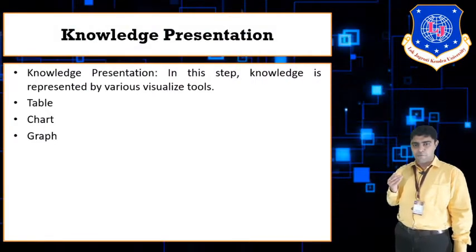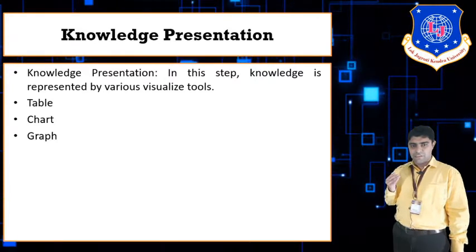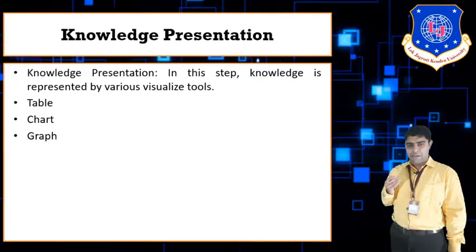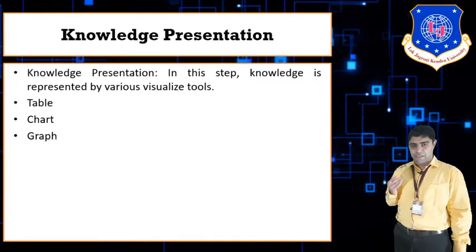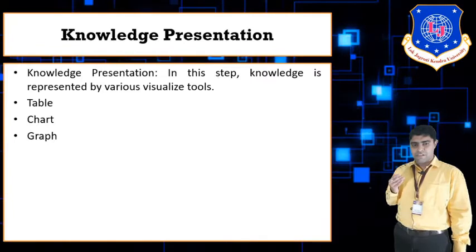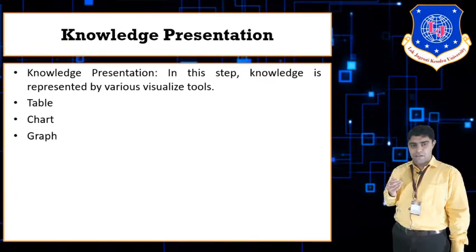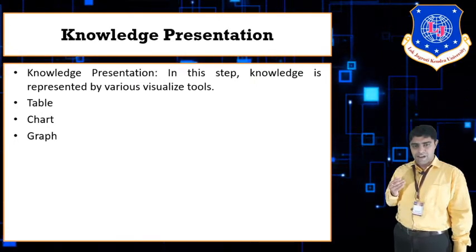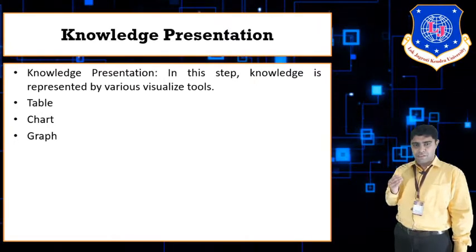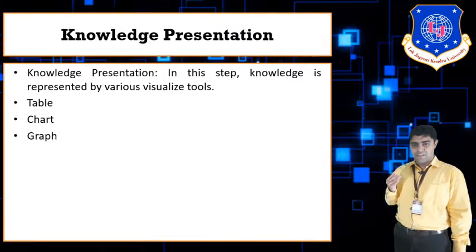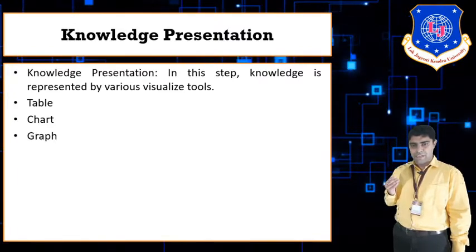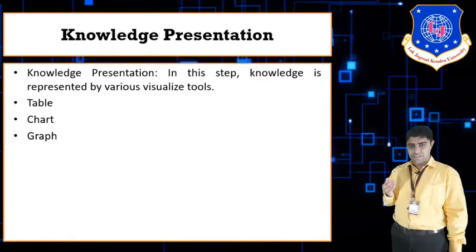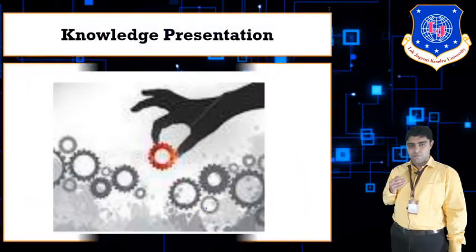This is the last step of the data mining process, that is knowledge representation by various visual tools. There are different types of tools available for knowledge representation like the Weka tool and R tool. These tools can be applied for knowledge representation, tables, charts and different types of graphs like pie graph, bar graph, line chart, histogram, etc. So we can represent the data in that form. These are the various steps of the data mining process, which is an important question that can be asked in the exam. So this is the figure of knowledge.